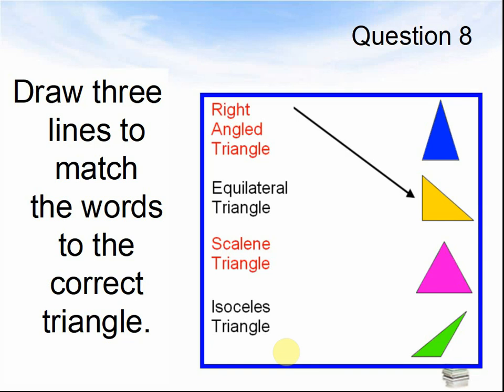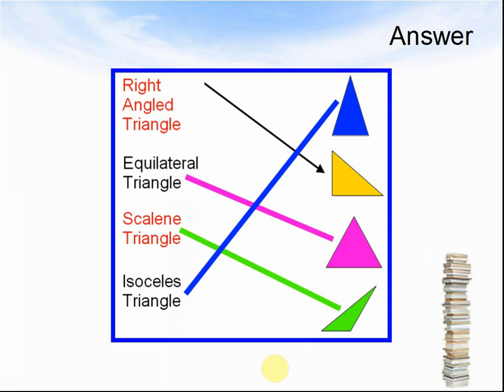Here come the answers. The answers are: the right angled triangle was here. The equilateral triangle here. Scalene triangle here. Isosceles triangle was here. Let's look at the next question. The next question is,